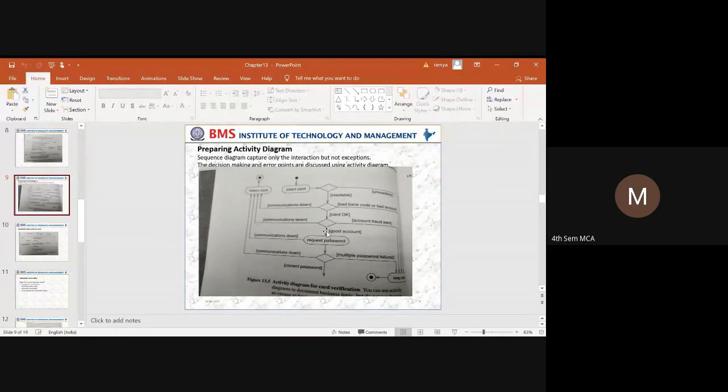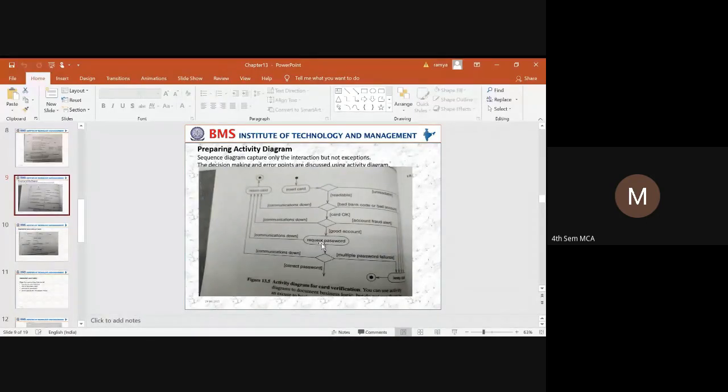What happens if there is a communication failure? That is, if there is no network, again it will return the card. If the account is good, but the communication line is down, it will return the card.